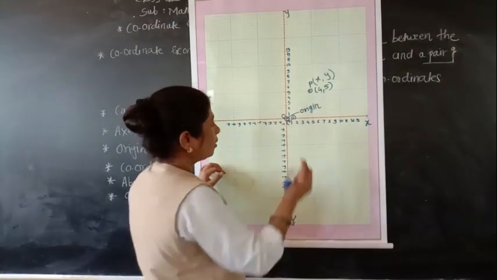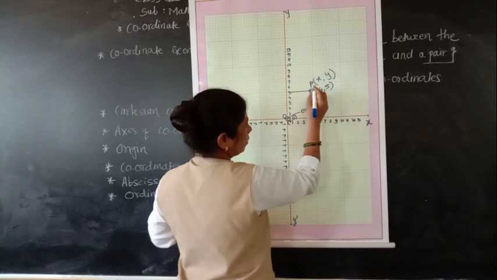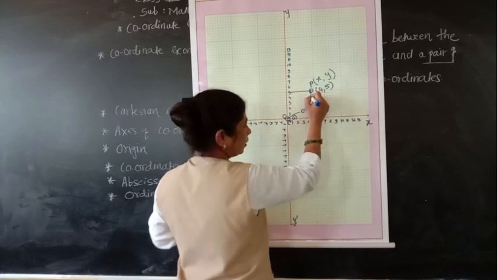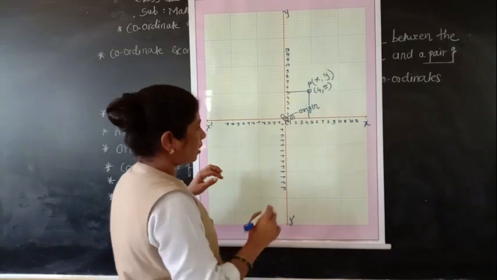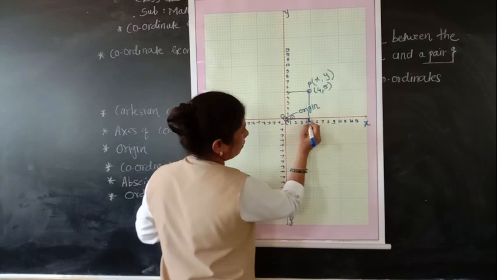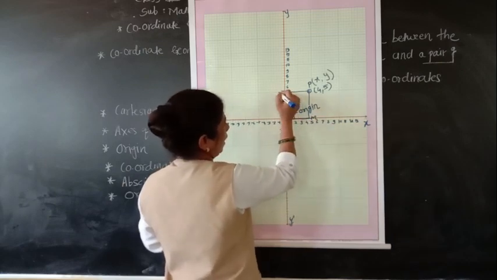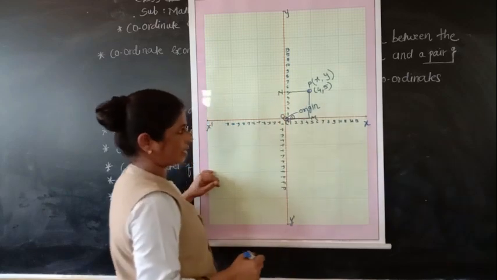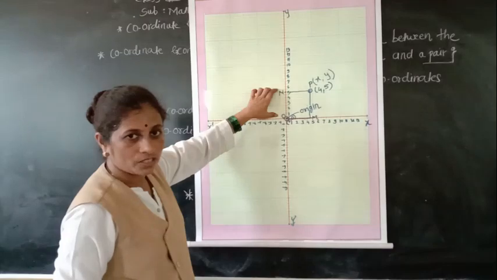Now see, from here we will draw this line and this vertical line. Okay. So this is the distance from point O to this. Suppose I take M on the x-axis and N on the y-axis. Okay. OM is the distance on the x-axis and ON is the distance on the y-axis.